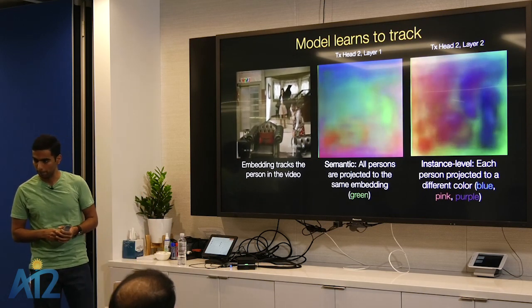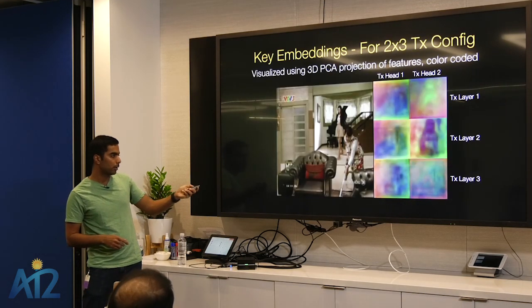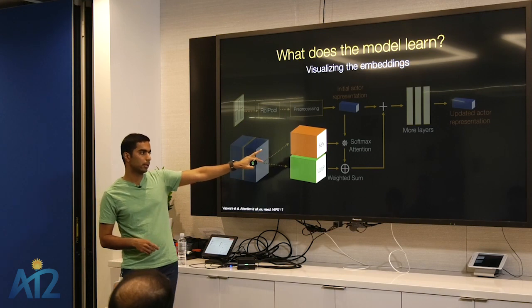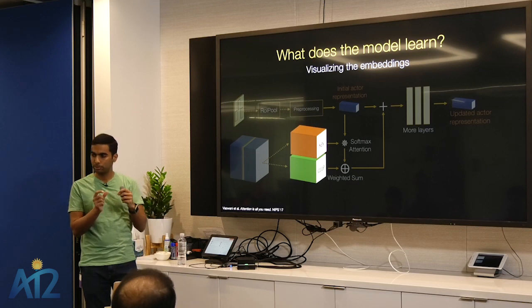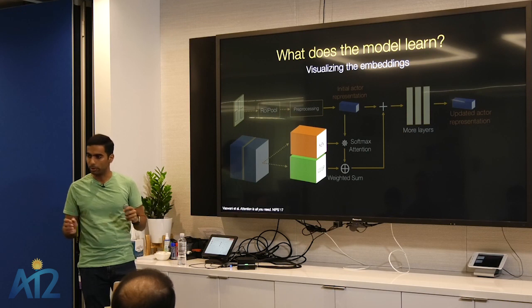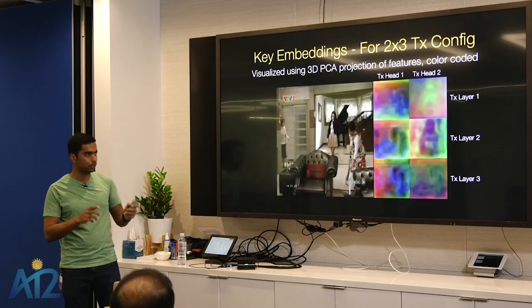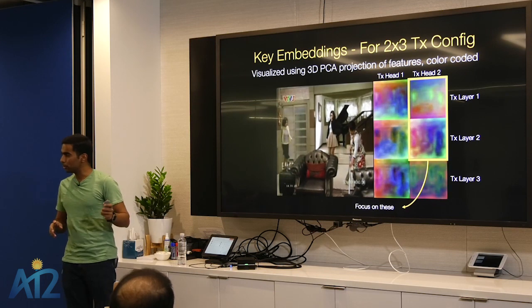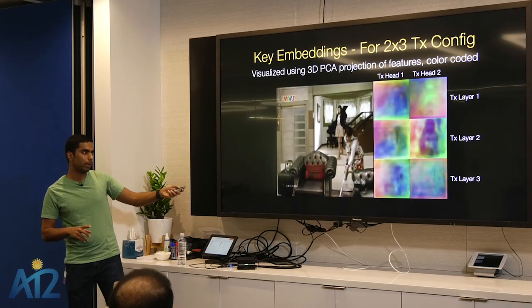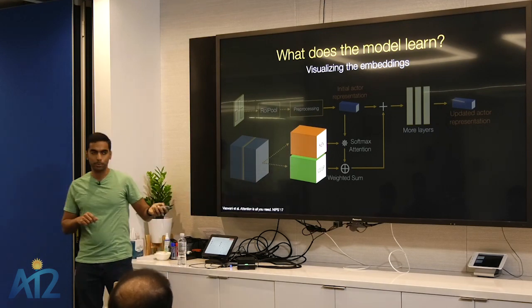Could you explain again how you got these visualizations? What features are you using? So we basically have these key and value projections, which are just linear projections of the original video feature. These are 128 dimensions for every spatiotemporal location. We project that down to 3 dimensions by PCA, color code it RGB for these 3 numbers, and then visualize those. Is this attention given which person? This is independent of person, because this is just the original embedding. The attention value I'll show next is actually dependent on the person.